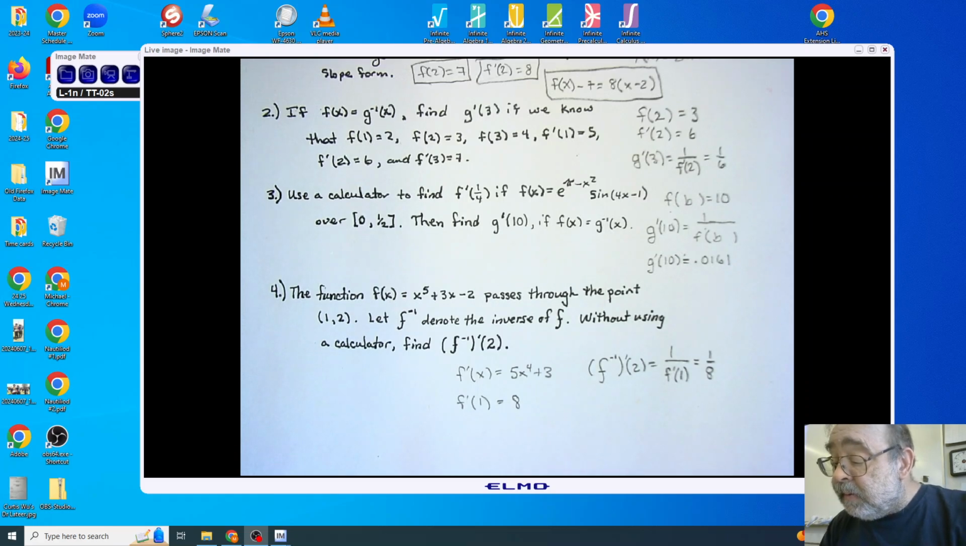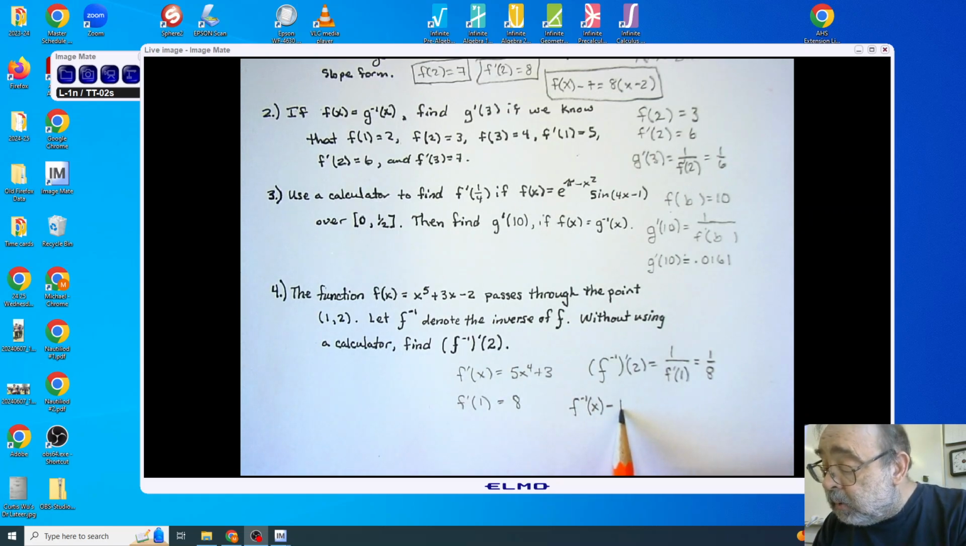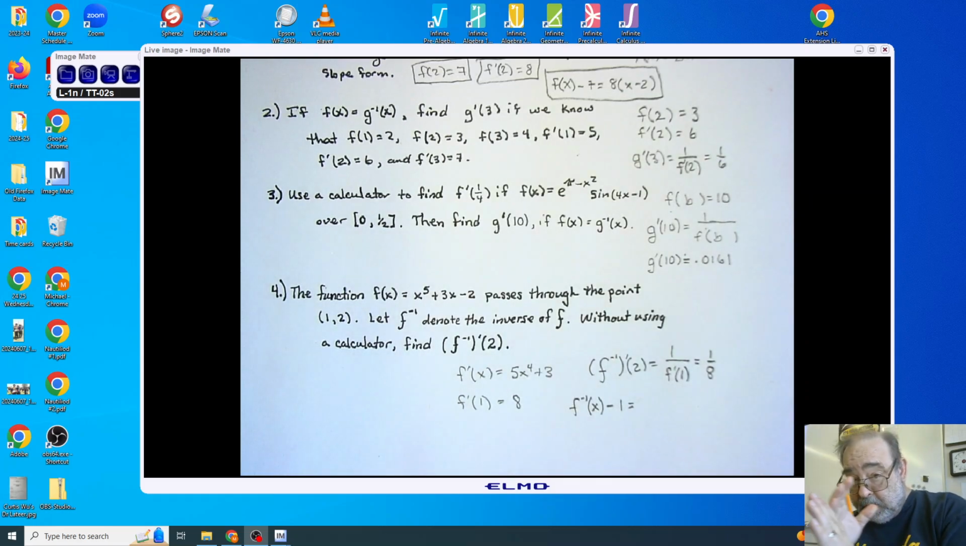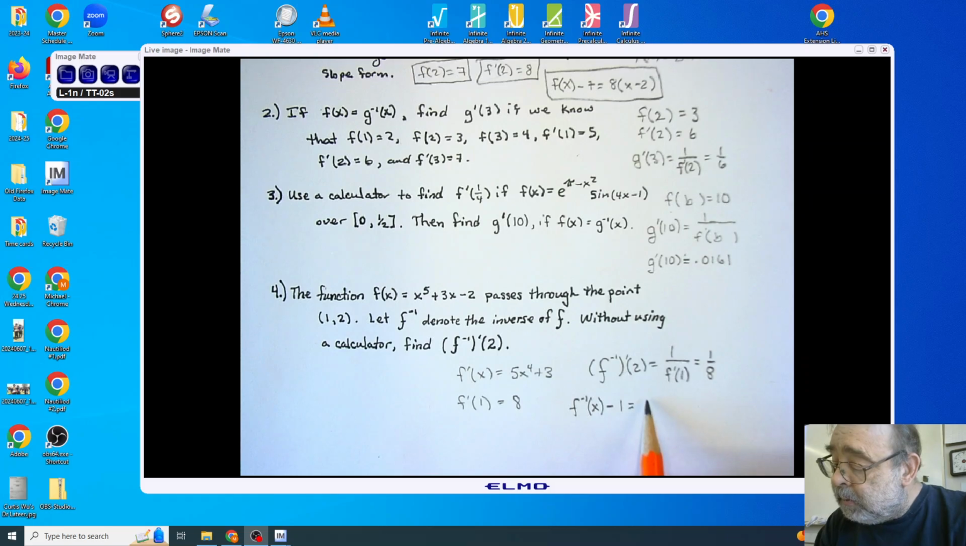If I wanted, I could find the equation of the tangent line to the inverse at x equals 2, in which case I would be looking at the inverse of x minus my y value, 1. Notice the points are flipping, they're switching, right? And as a result, instead of looking at 1, 2, the inverse is looking at 2, 1. So I put my 1 for my y value, I have 1/8 as the slope of the tangent line, and then I have x minus